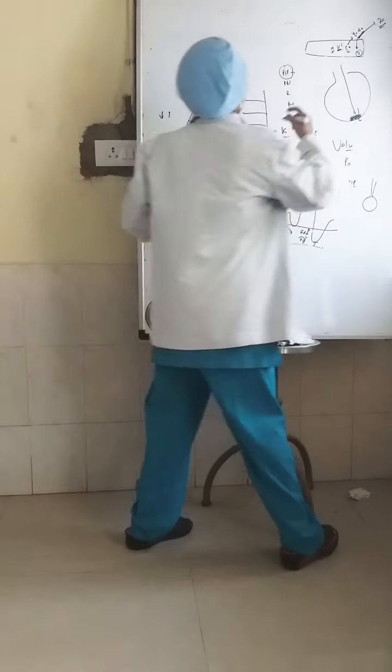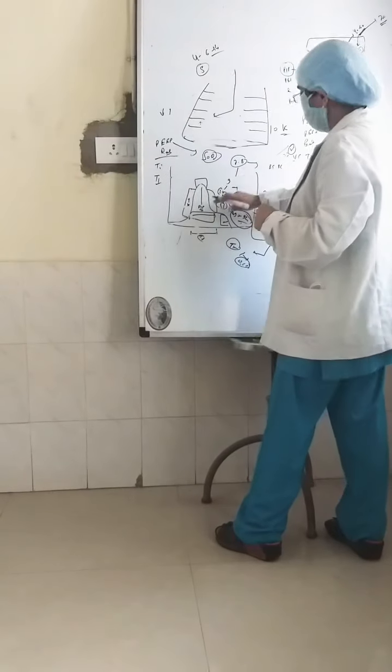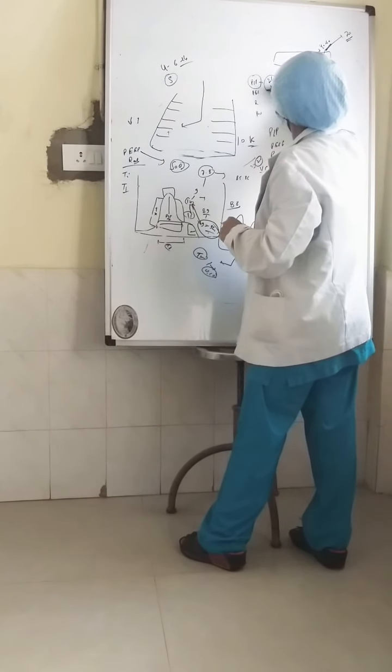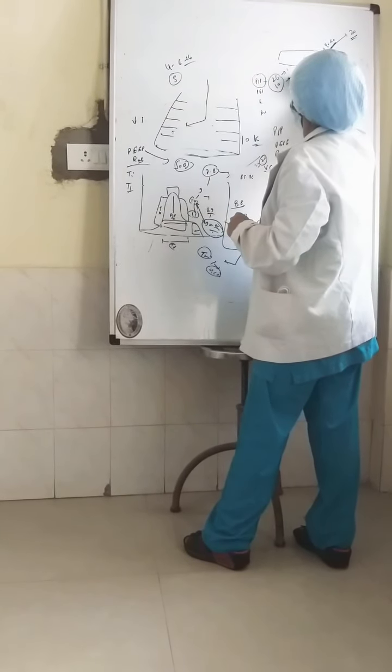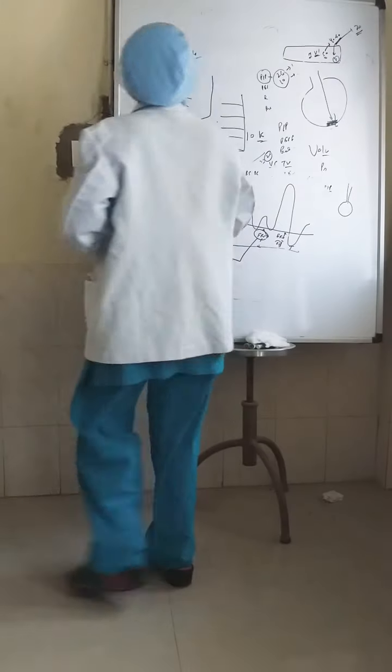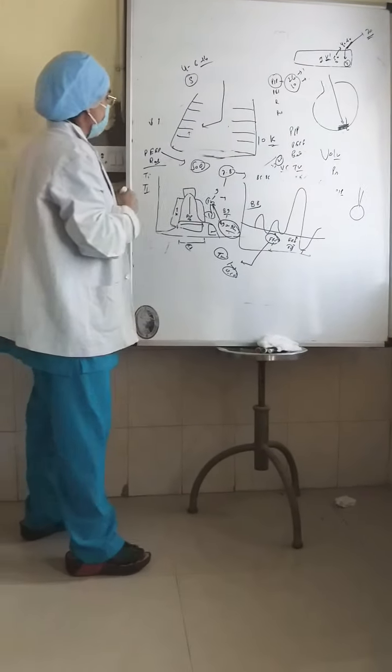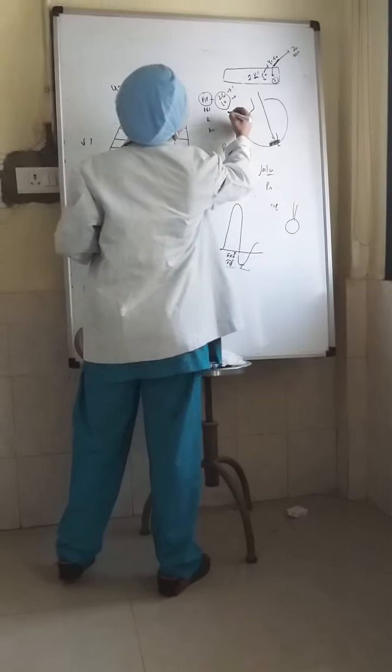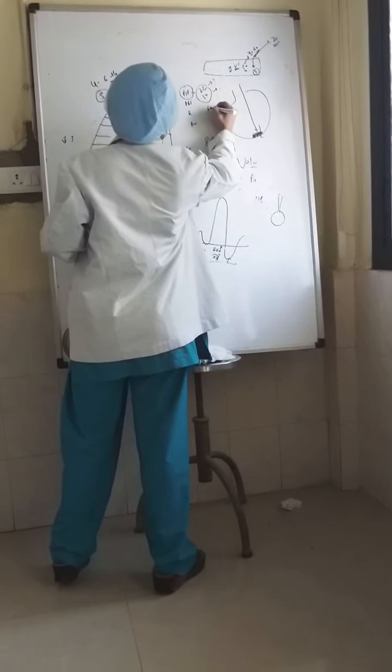So now I have got the PIP of 26 and the PEEP of 10. So this is my set PIP and this is my set PEEP. Okay, so I have set this. Now I will increase the rate. Maybe acceptable for 10 kg, maybe I can go up to 60.